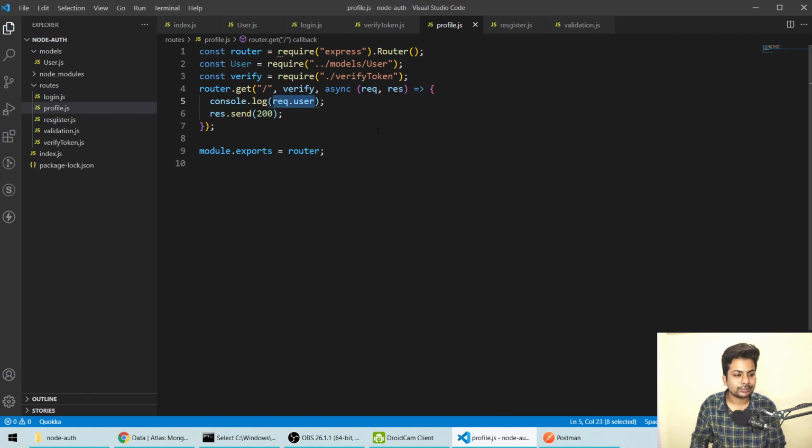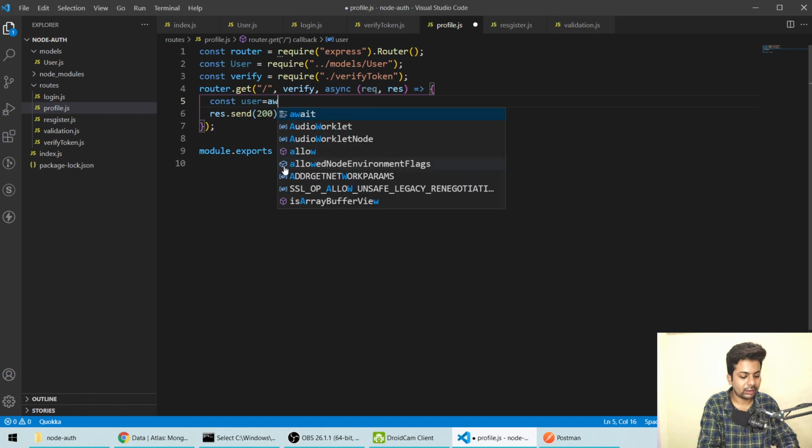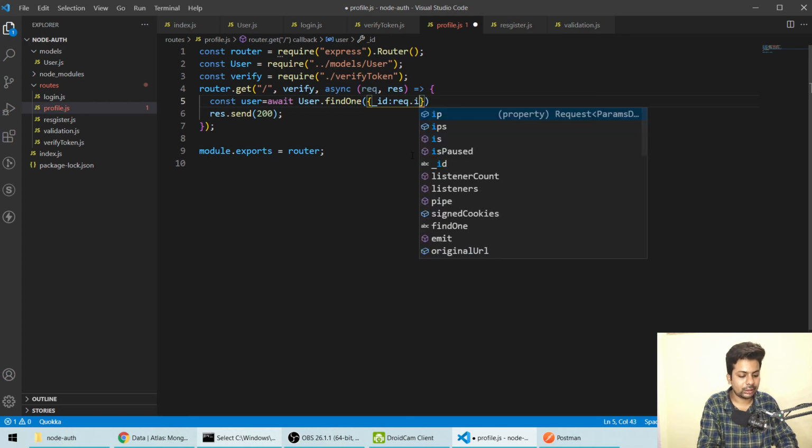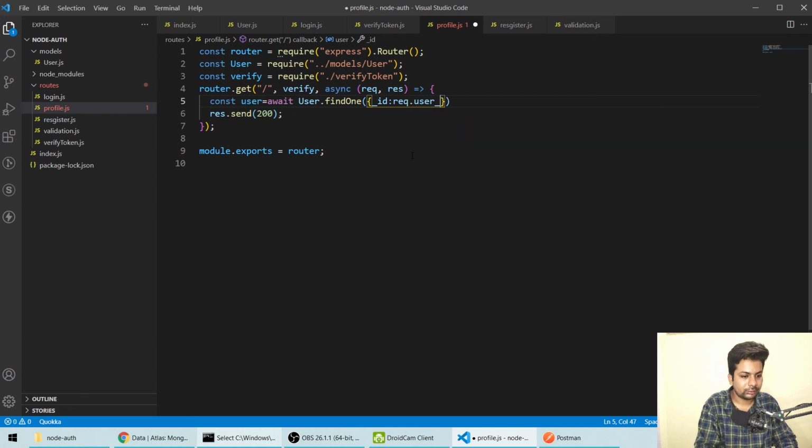So what we'll do, we'll do const user equals await User.findOne. And how do you want to find one? We'll say _id, and we have request.user._id.